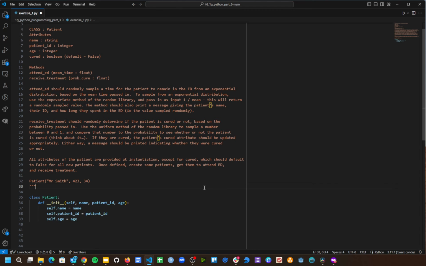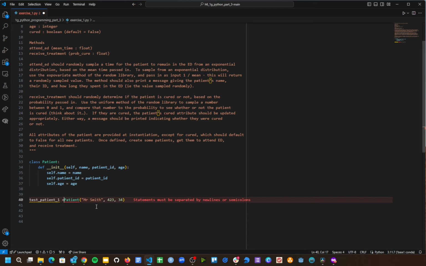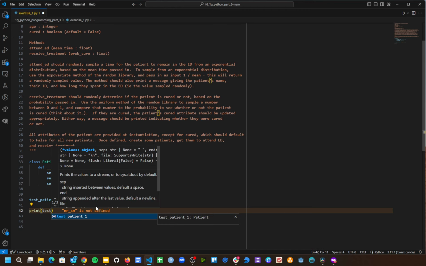Now, that all looks a little bit strange and quite repetitive and redundant, so why are we bothering to do that? Effectively, what we're saying is please pass in these three things to this patient and add these as attributes to the patient object. So what I'm going to do in a second is take Mr. Smith out of my bit there, and actually create Mr. Smith. Call him test patient 1, and I'm going to print Mr. Smith,